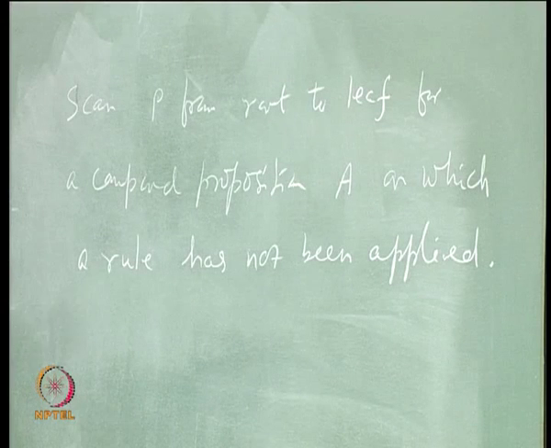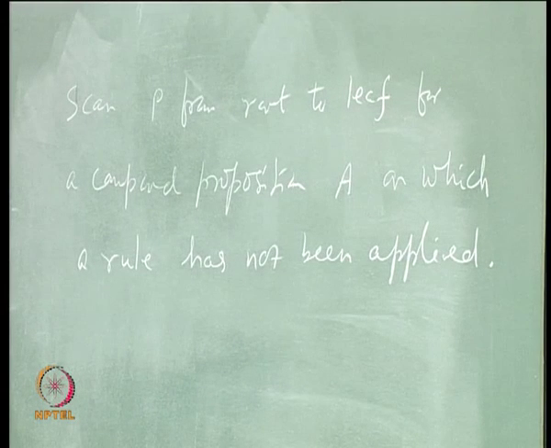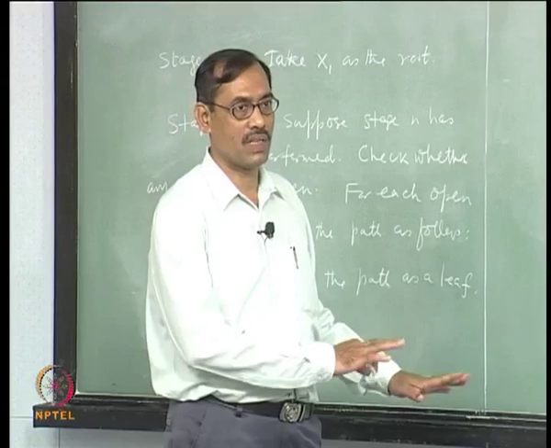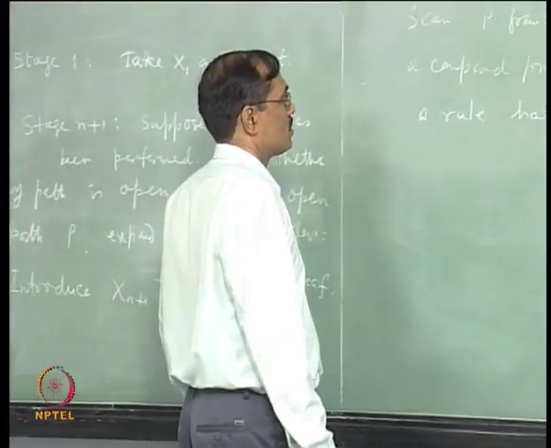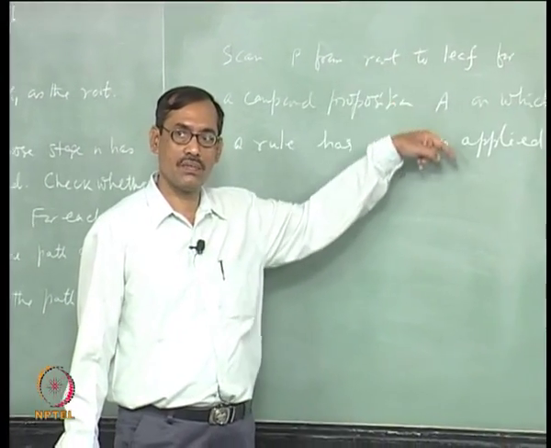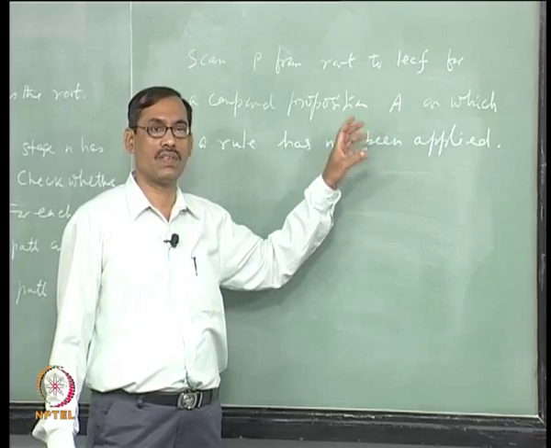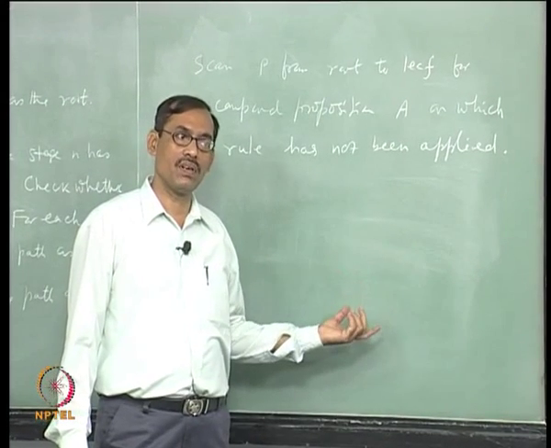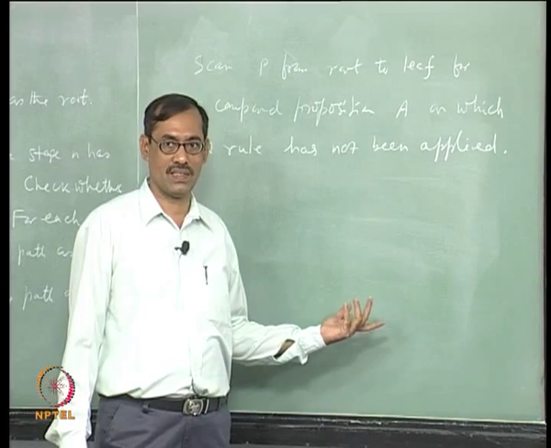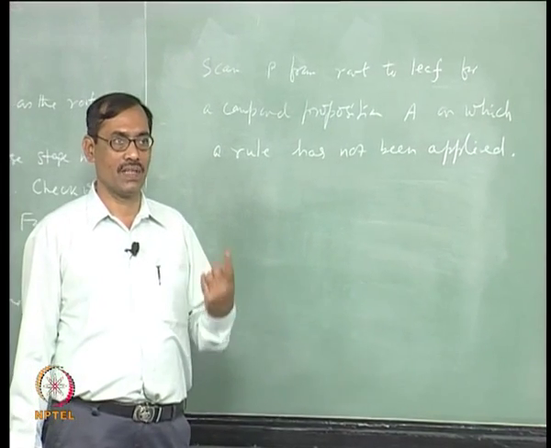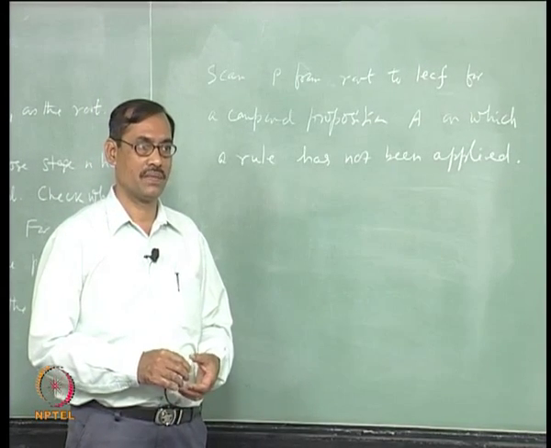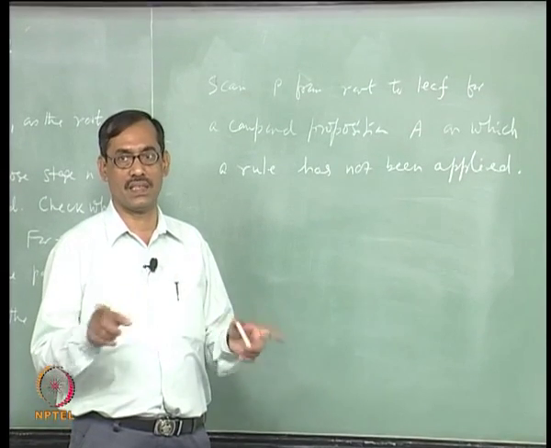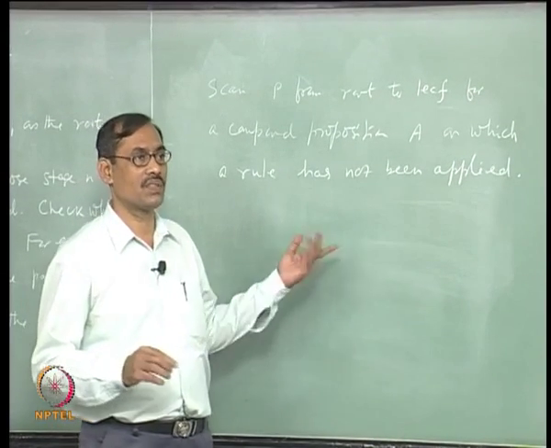So, you are scanning from the top, root to leaf, in a top down way, on that path only, row, not other paths. Other paths we are forgetting now. We are trying to expand only that path, and each path we will have to expand anyway, right. So, on that path from the root, when you proceed, you find one compound proposition A on which a rule has not been applied. Then apply the rule, add the child or children, whatever it is. If it is a stacking rule, then there will be one child or two maybe on the same path also, right. But if it is a branching rule, then there will be two branches out from the leaf. So, add those child or children, whatever it is,